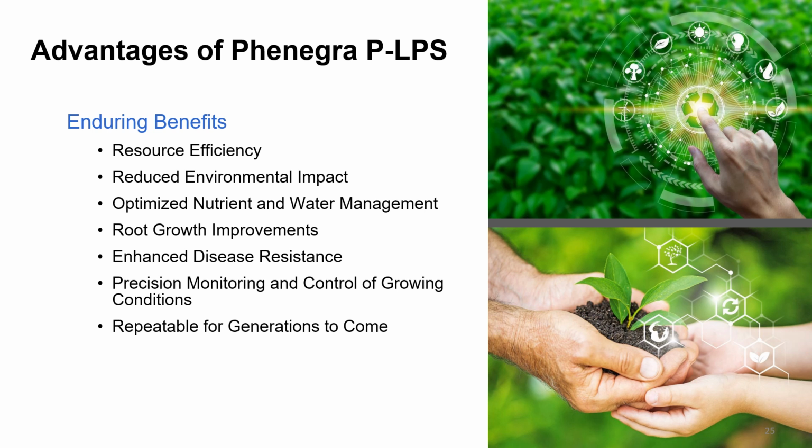So what are the advantages, right, in slide 25? The resource efficiency is there. The reduced environmental impact is there. The optimized nutrient and water management is there. Root growth improvements. There's nothing more obvious than the dendrites on those roots. And then you end up having enhanced disease resistance. The plants are healthier, so they're just going to have more momentum to grow. They're going to now absorb the nutrients better, as opposed to you pouring more nutrients from your pocketbook into the